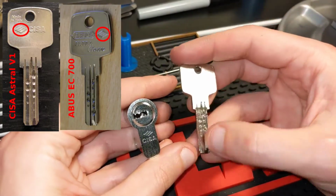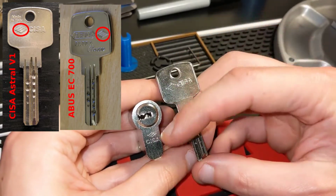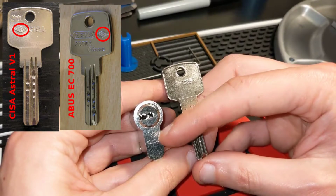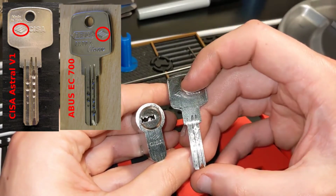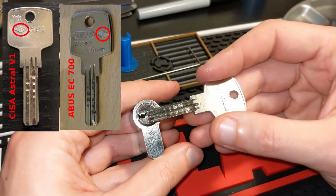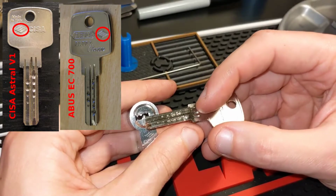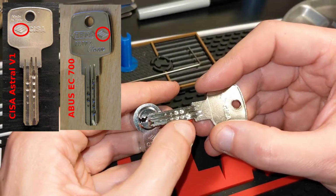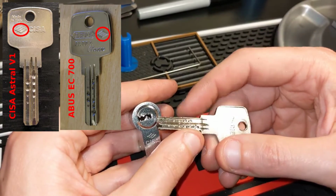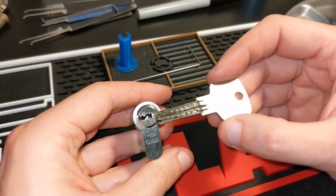I will put a picture of the ABUS key, and you will be able to see that even if the cylinder doesn't have the CISA logo, it only has the ABUS logo, the key has these 3 lines that indicate that it's a CISA key, blank at least. And you can see also that the grooves in the profile are exactly the same, and you have 6 pins at the bottom, so in the bible, and 4 pins at the top. And so this is kind of a tricky